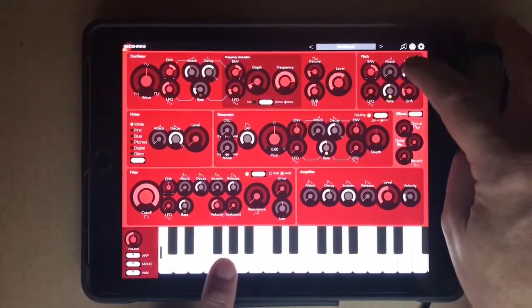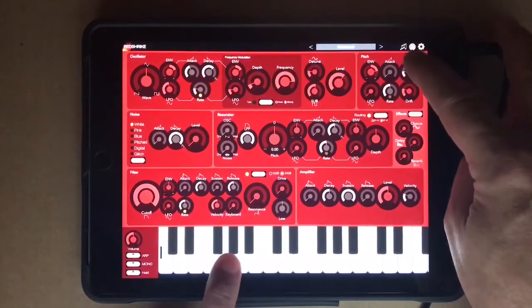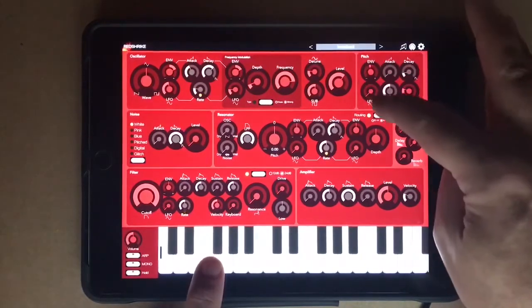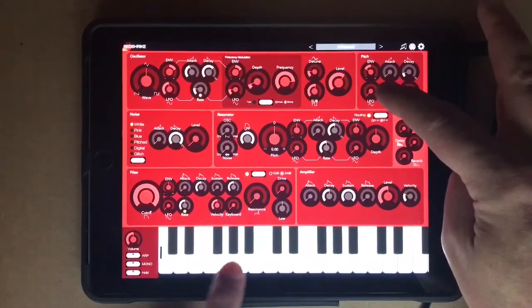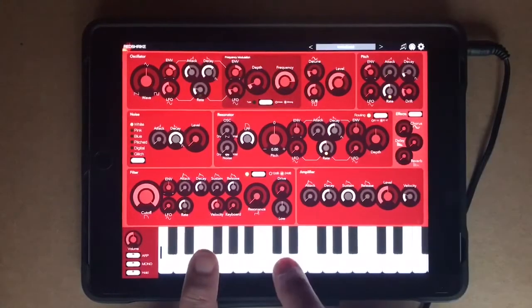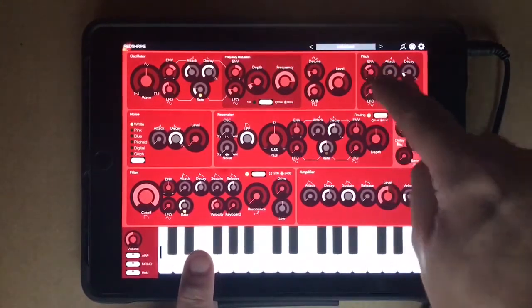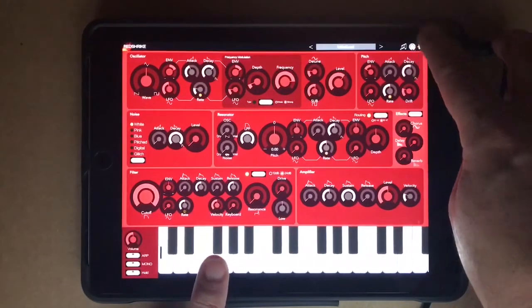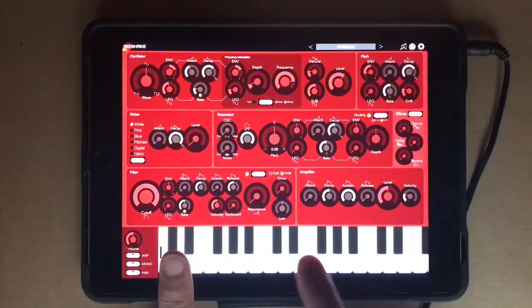I'm quickly going down to the note. Here, more slowly going down to the note. And if I go the other way, you can hear it now rising up to the note, because I've got the envelope on the minus side, and I've got decay here. So if I wanted a slow riser, I can go